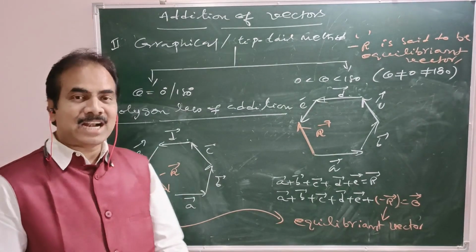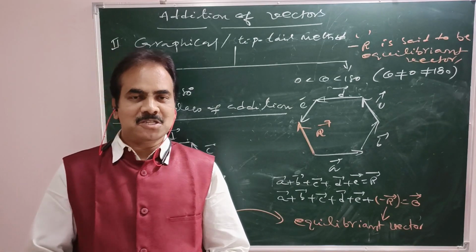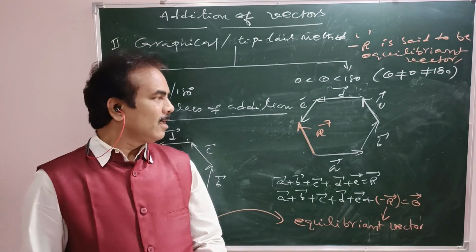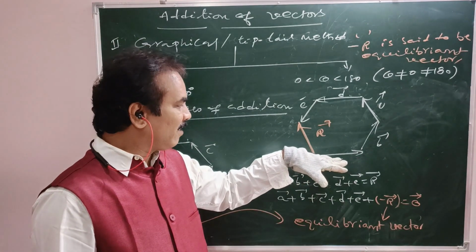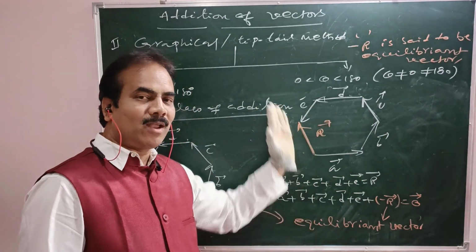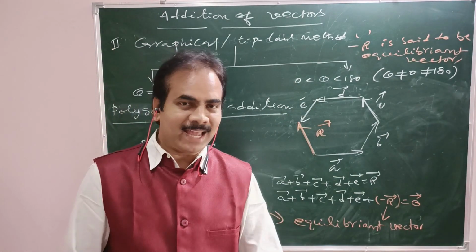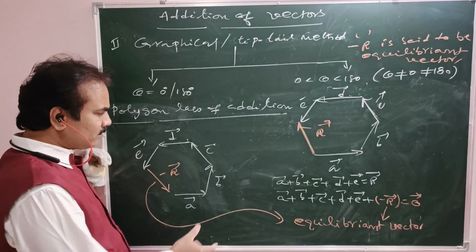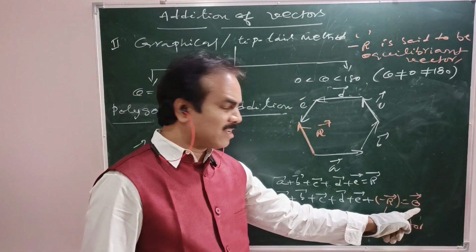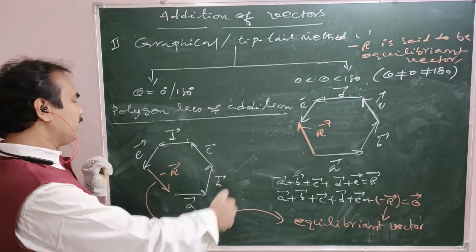Okay. Now coming to the statements, here also the polygon law of addition of vectors can be stated in two ways. As far as the first statement is concerned, if many coplanar vectors are acting at a point and they are taken as the adjacent sides of a polygon in order, then the closing side of the polygon is the resultant of given parent vectors both in magnitude and direction. Now coming to the other statement, if many vectors are acting at a point to have zero resultant, then they can be taken as the sides of a polygon in the same order.